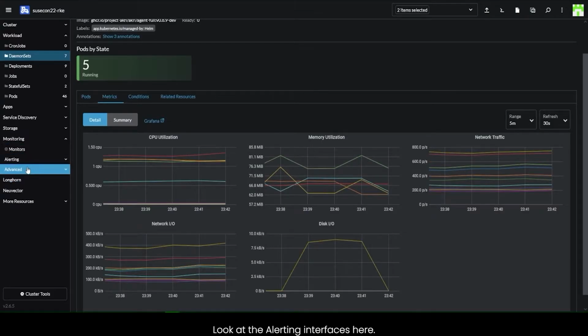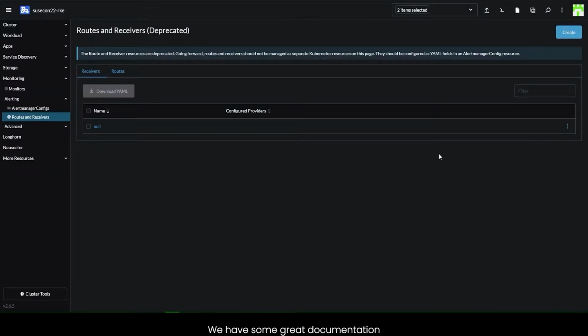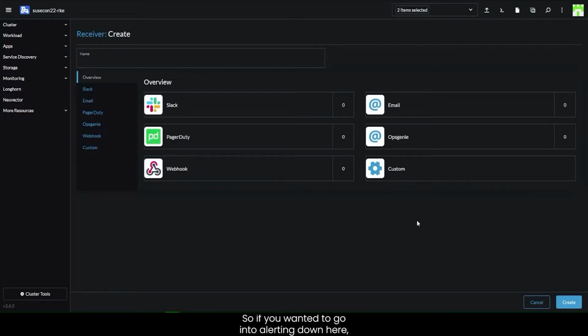Look at the alerting interfaces here. We have some great documentation about how to get the alerts set up. So if you wanted to go into alerting down here, go into your routes and receivers, set up some receivers for email or integrations with SMS, PagerDuty is in there, a bunch of different interfaces. There's even full-on integrations with Slack and Teams and things like that. So check our website for step-by-step instructions on how to get those things set up, and you can get some